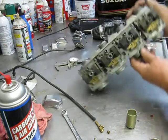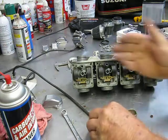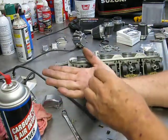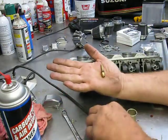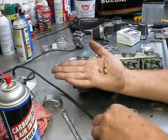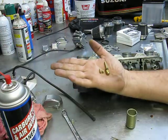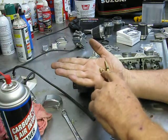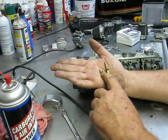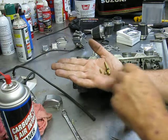Also, on this early model GS 550, it's a little bit odd because they use your standard main jet. They do use a pilot jet, but they also use a mid-range jet. Mid-range jets on these carbs are not often found, but Suzuki does use one, and I'll try to explain it to you. It's kind of like